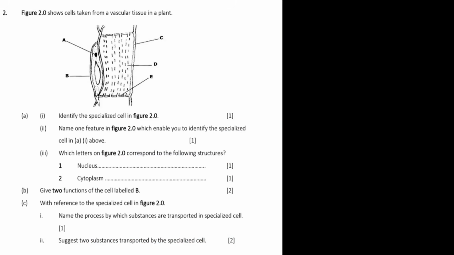And of course, it says, Figure 2.0 shows the cells taken from the vascular tissue in a plant. So you already have a clue that this one is coming from a plant. Now, the first question is, identify the specialized cells in figure 2.0. This is the cell in figure 2.0. So what is this cell? So this is called the phloem cell. Now, the second question is, name one feature in figure 2.0 which enables you to identify the specialized cells